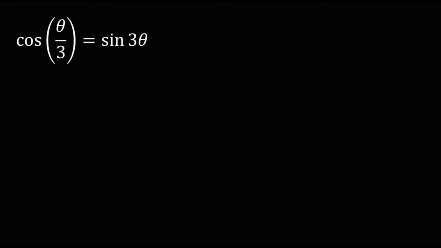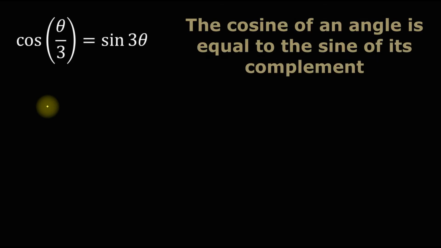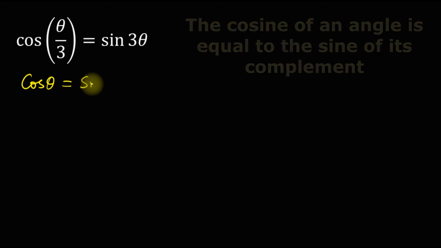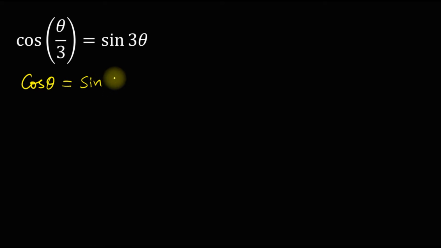So we begin with the first one, and in this case I really want you to understand that we have cosine of theta over 3 is equal to sine of 3 theta. I want you to get this knowledge that the cosine of an acute angle is equal to the sine of its complement. Take an example: if cosine theta, where theta is an angle, then its complement, remember complementary angles add up to 90, will be equal to sine of its complement, which is 90